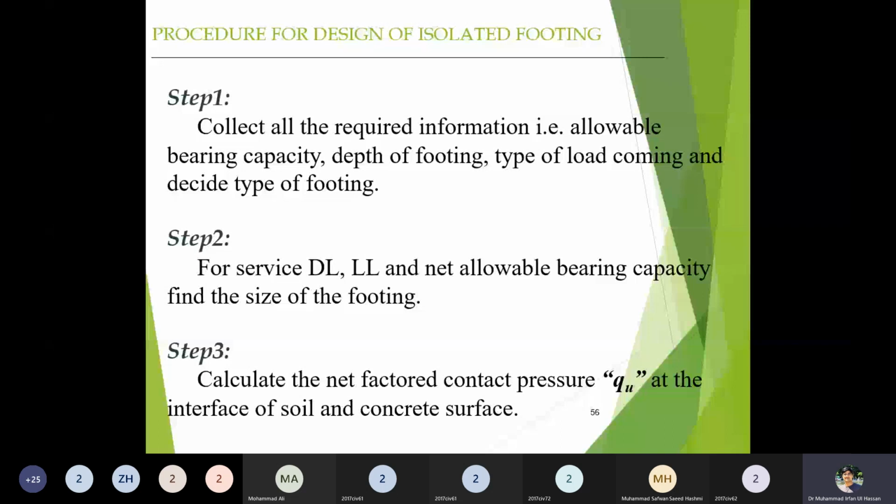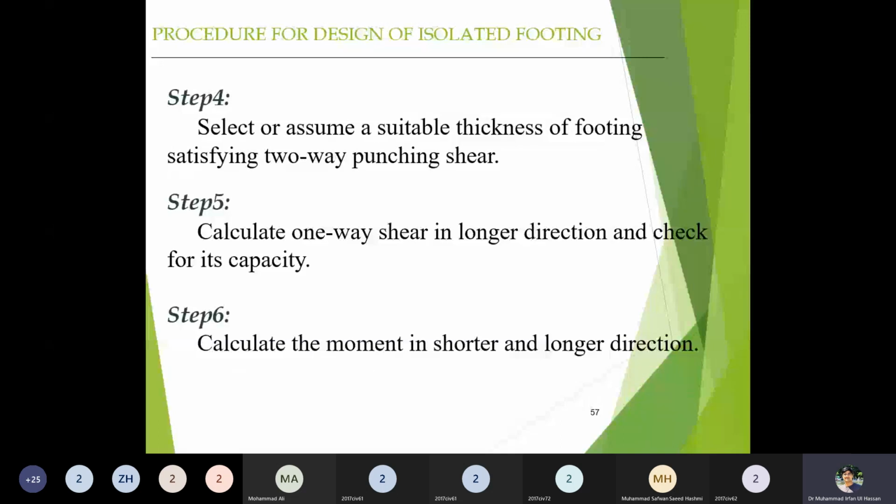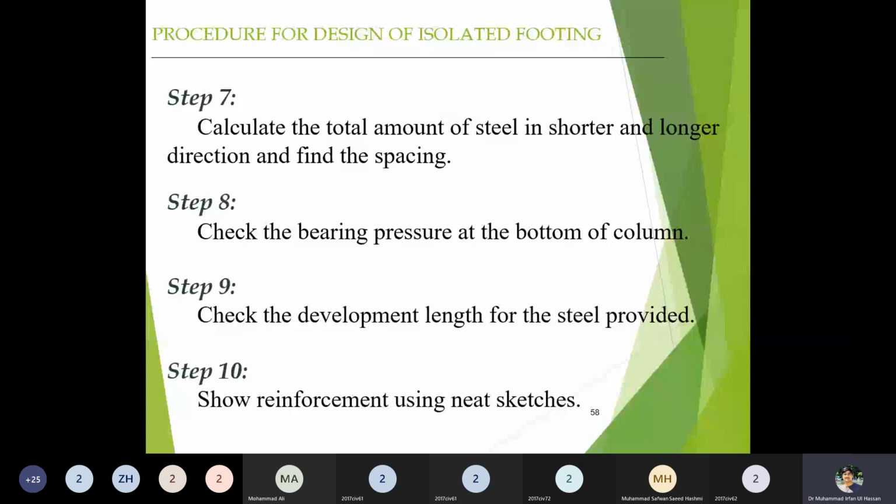Then you will select the suitable thickness of the footing and apply the punching shear check, and if it is not satisfied, you will revise. Then you will compute the bending moment in the shorter and longer direction and compute the flexural reinforcement. Reinforcement will be provided where there is tension in the footing, and you have to develop the steel, design the joints, also the dowel bars, and develop the steel and compute the splice length and development length and